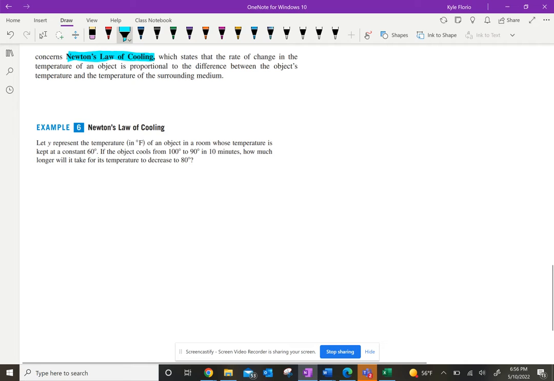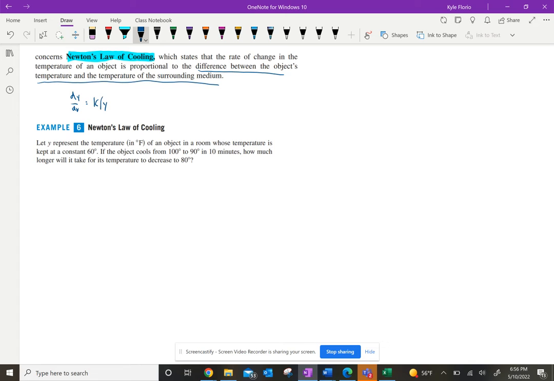It's similar to the ones we've seen before. The slight difference is this: Newton's law of cooling states that the rate of change of an object is proportional to the difference between the object's temperature and the temperature of the surrounding medium. So originally, we were looking at situations where the rate of change, which we call dy dx, is proportional to y. That's a differential equation we solved where we got y equals c times e to the kt. But now it's not just proportional to y; it's proportional to the difference between the object's temperature and